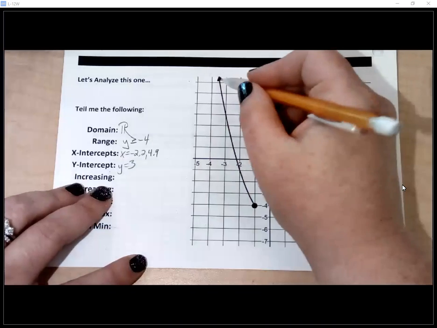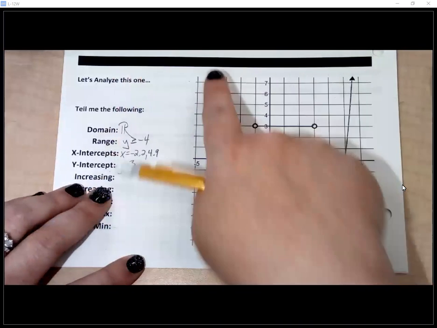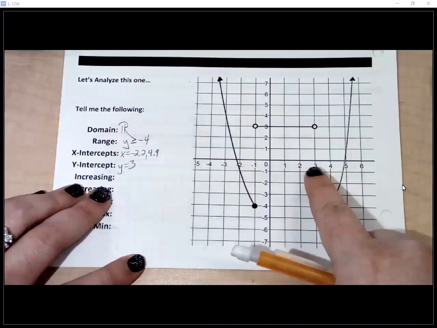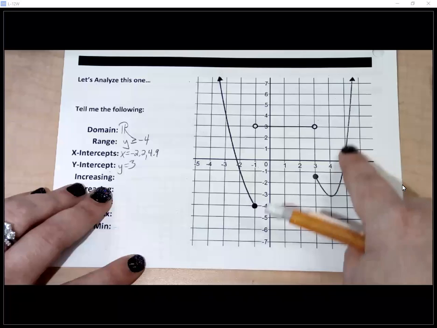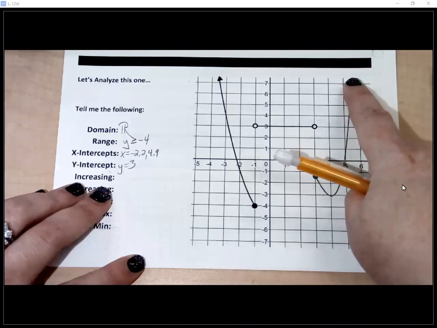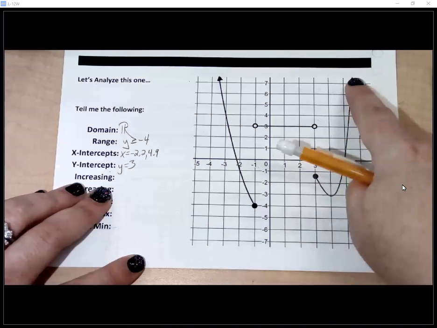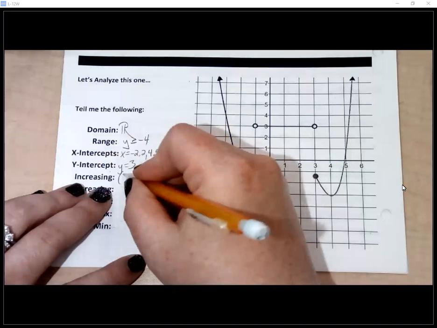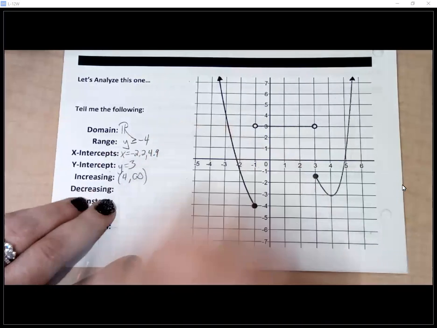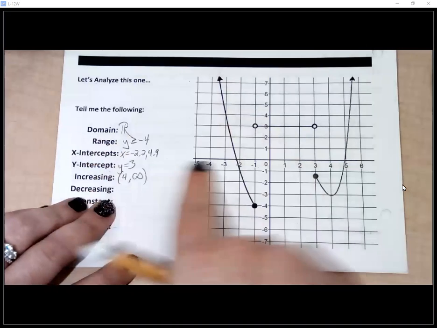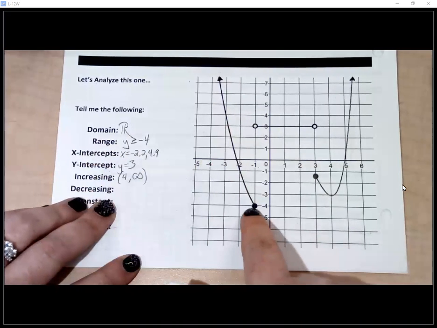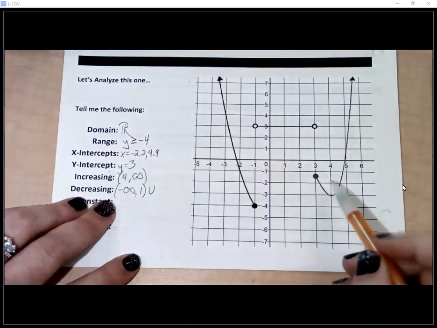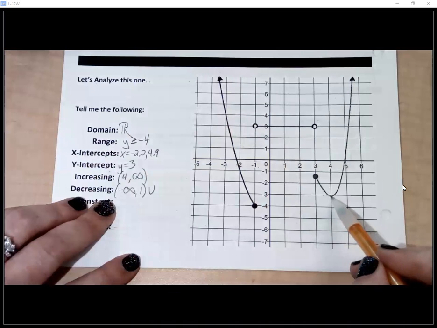But as I trace the graph from left to right, whatever it's doing, I'm going down, I'm going constant, I'm going down a little bit, but here's where I'm increasing. Right there. So I would say increasing from 4 to positive infinity. Decreasing, I have 2 areas where that's happening, from negative infinity all the way up until I hit -1. And then again, just for this little section, from 3 to